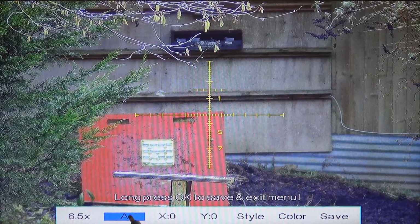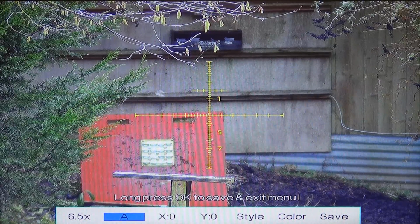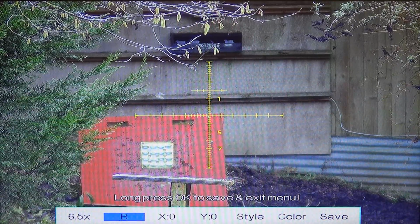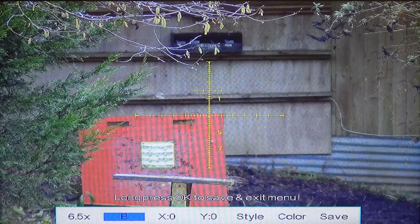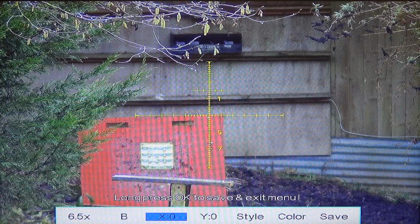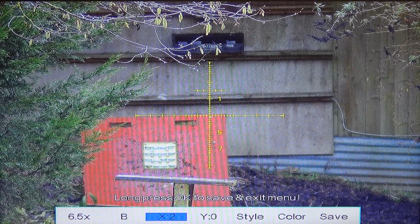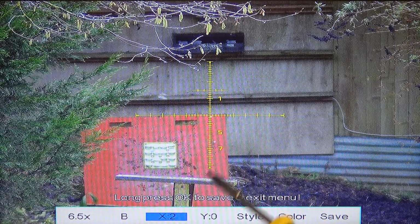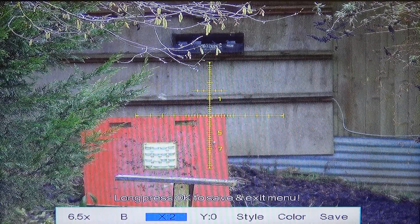So what we do is we change the profile, because we don't want to adjust this one, because this is our 25 yard profile. We change that and we select B, so it's a different profile. And we go along, and very cleverly the system will take a photo when you start to make an adjustment. Right, so we're trying to hold the rifle and do this. When you press to make an adjustment, it automatically takes a photo, so you can then adjust